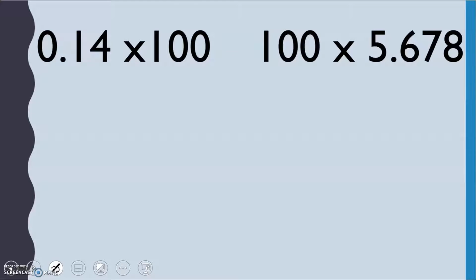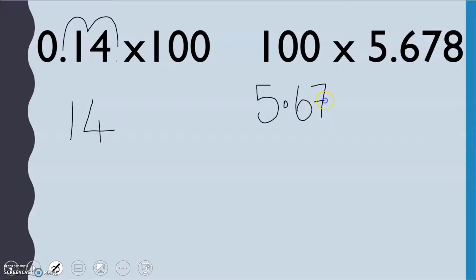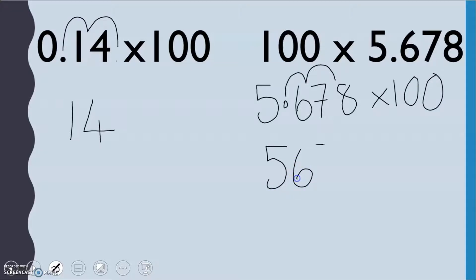Okay, 0.14 times by 100, well we've got 2 zeros, so 1, 2. If my decimal point is going to the end here, that's just going to give me the answer of 14. So this time we've got 100 times by 5.678, and when we multiply we can do it either way round, so this is just the same as 5.678 times by 100. We've got 2 zeros, so I'm moving that decimal place back 2 spots to give me